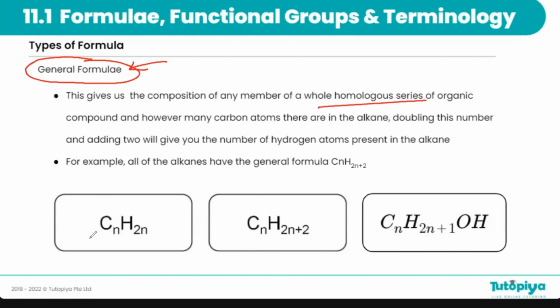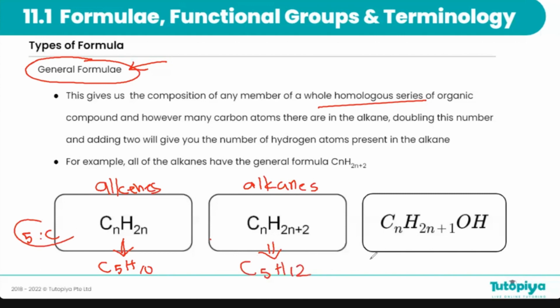CnH2n. This is the general formula for alkenes. So if you know the alkene has 5 carbons, then you can find the molecular formula. It is C5H10. And here we have the general formula of alkanes. Again, it's the same thing. You just need to know the number of carbons, then you can find the molecular formula. Here, if the number of carbons was 5, then it would be